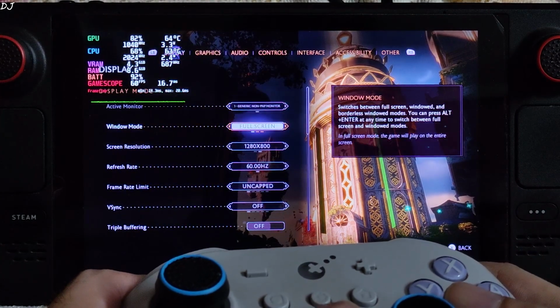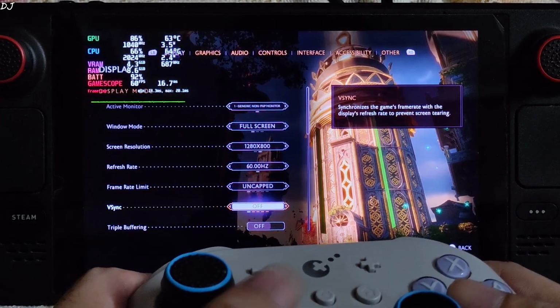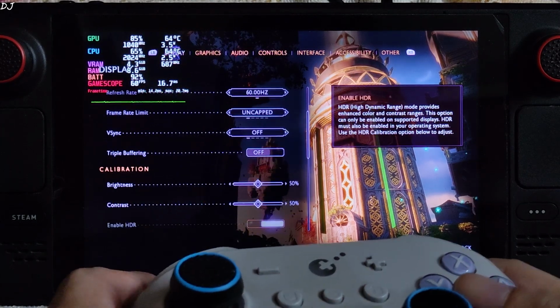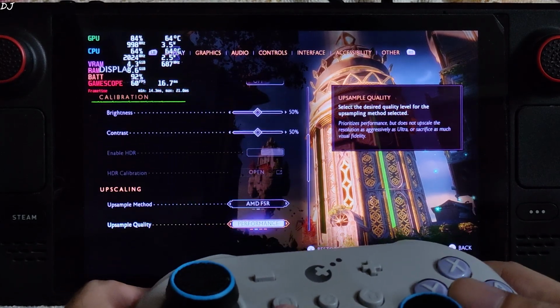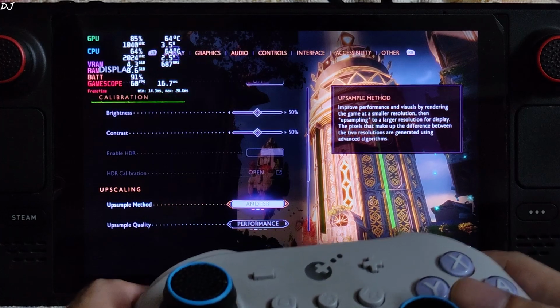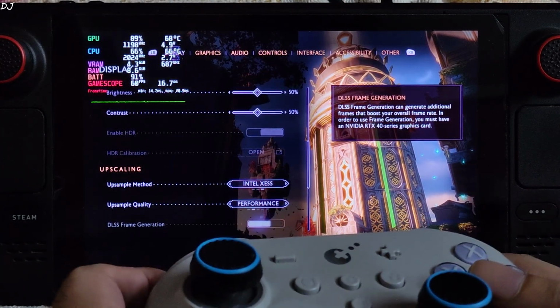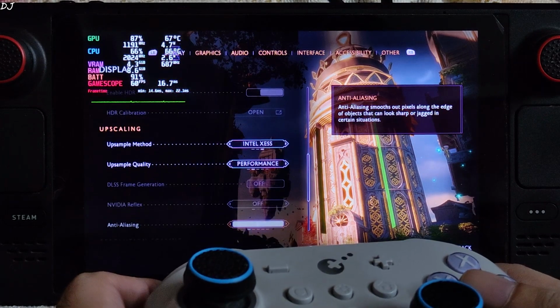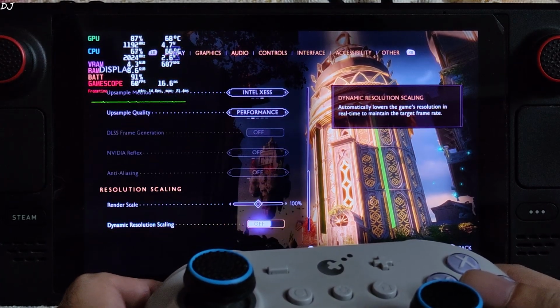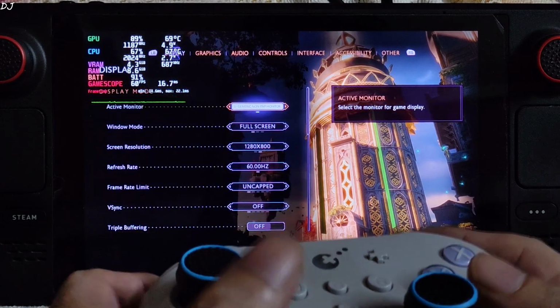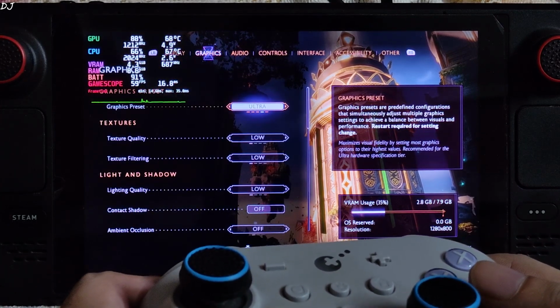In-game display settings, 800p resolution. FPS uncapped, VSync disabled. First I'll run the game using the XeSS upscaler, using its performance preset. Render scale 100%. Dynamic resolution scaling disabled. Using the low preset,